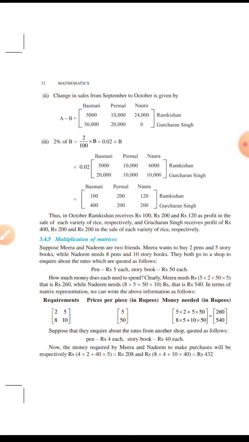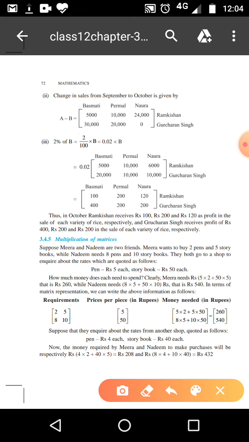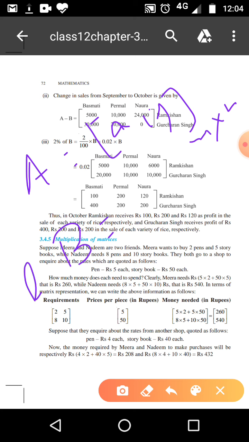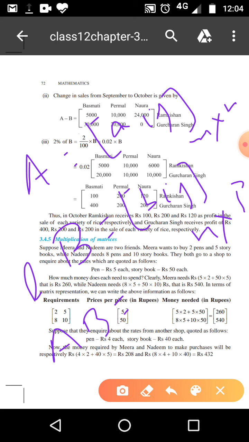So, in multiplication of matrices, first of all, we see the definition. Let A equals Aij of M cross N, and B equals Bij of N cross P. Then the multiplication of matrices A and B is denoted by AB and is defined as AB equals Cij